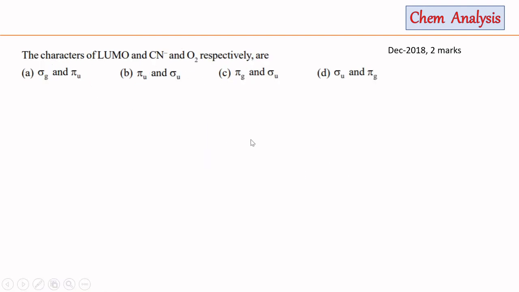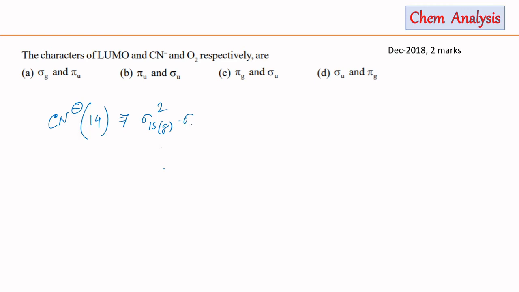This question is from molecular orbital theory, and here we have to tell about the characters of the LUMO for cyanide and O2. If we see the molecular orbital electronic distribution for cyanide minus, in total carbon contains 6 electrons and nitrogen 7, and there is 1 anion. So there will be 14 electrons distributed in the molecular orbitals, and the electronic distribution will be according to the less than or equal to 14 electron configuration, like this: